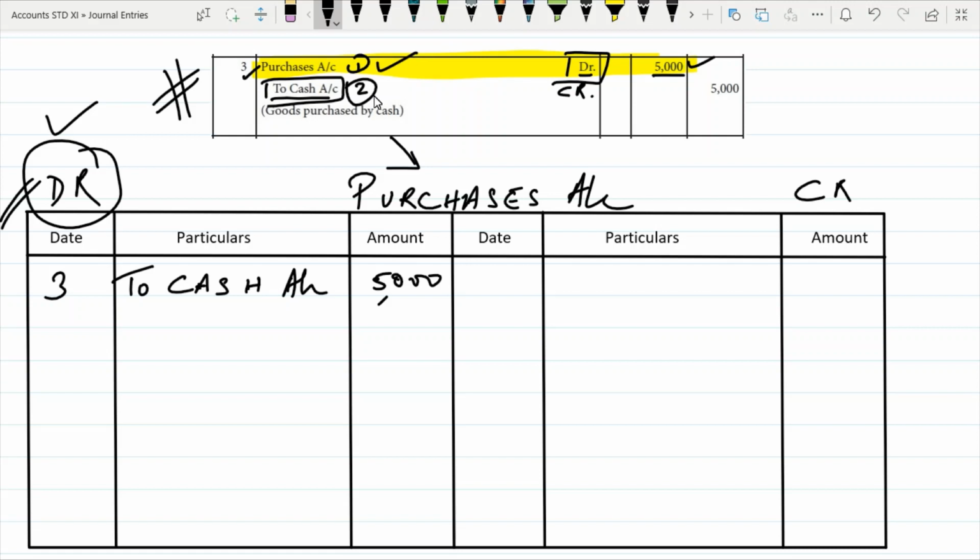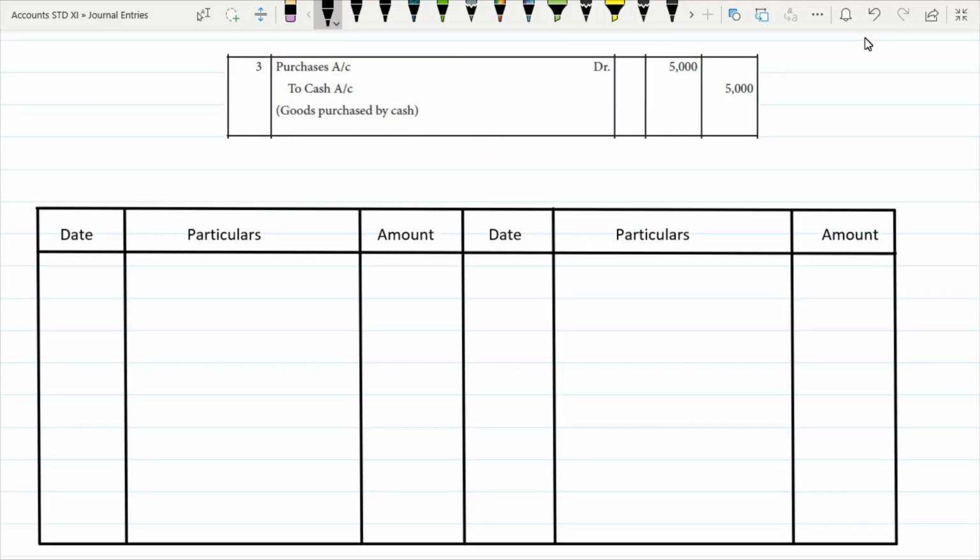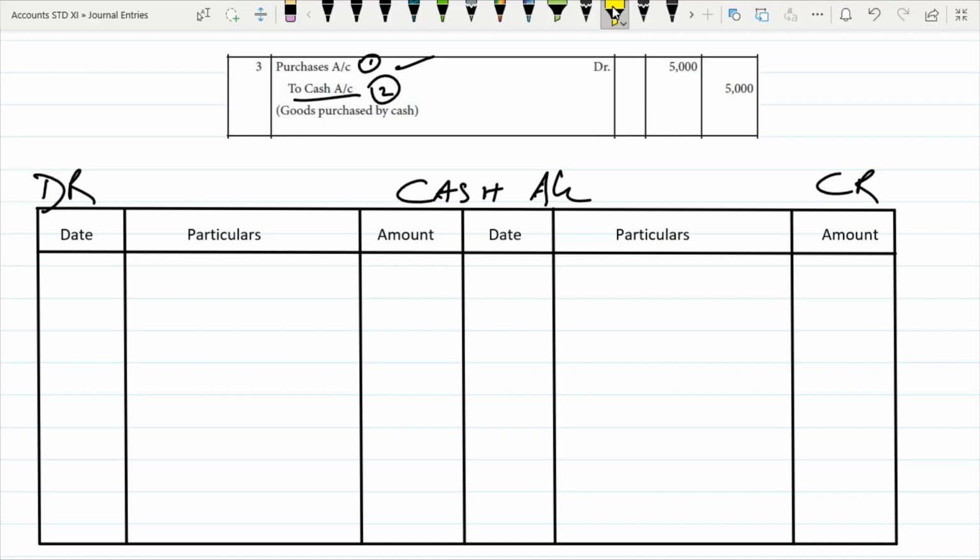Okay. Now the same entry, we have only passed purchase account. Now we have to go to the next. Now moving on to cash account. So 1 we have already recorded. Now 2 we have to record. So start cash account. Now which side is the debit side? Left hand side is debit side, right hand side is credit side. Okay. Now like I said, if you're recording the cash, you concentrate only on cash first. So now cash here, is it debit or credit? Cash is credit here. So which side do we concentrate on? We go only to the right hand side, that is the credit side.